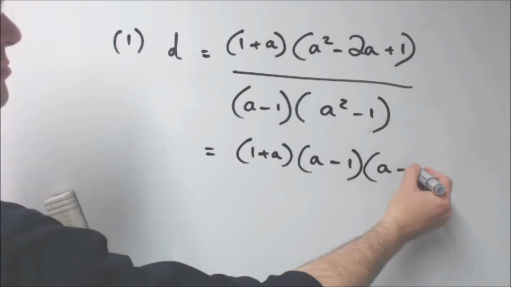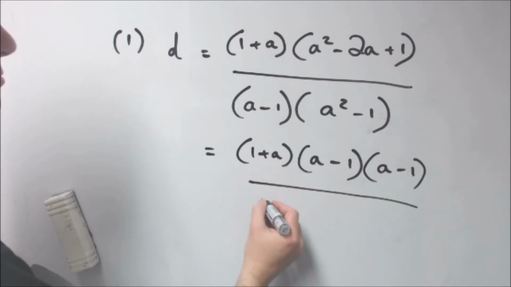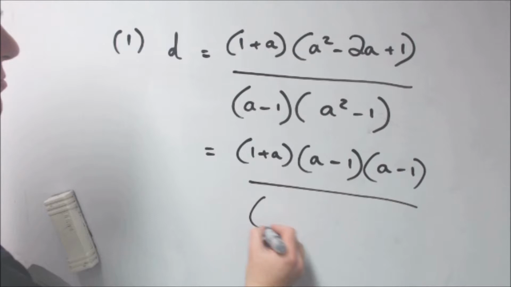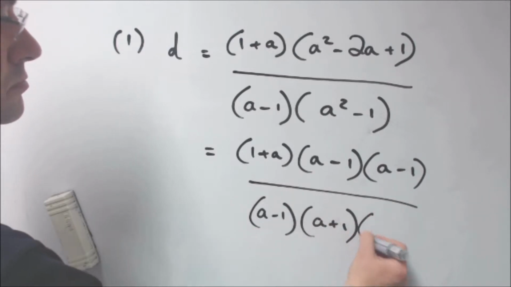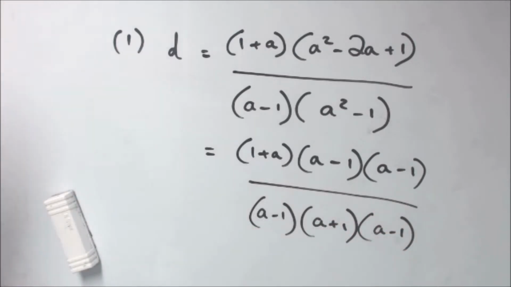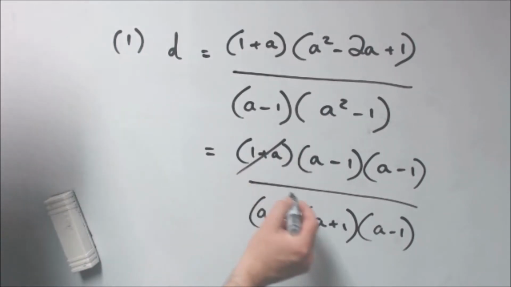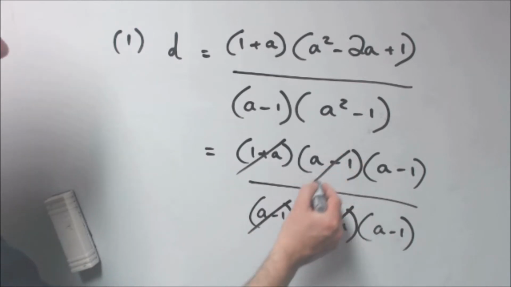On top, in the numerator, we've got a different relationship. We have (a minus 1) all squared. Okay, I'm going to write them both down for simplification. In the process of simplification, you can now see immediately that all these cancel out, top, bottom, numerator, denominator, the result is